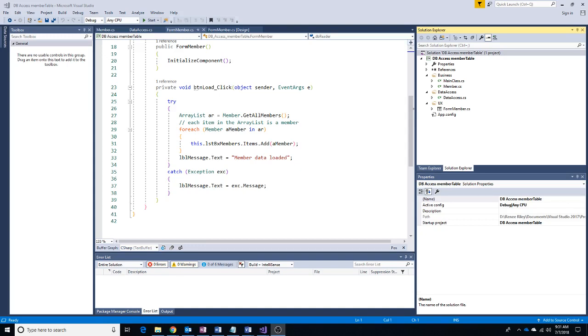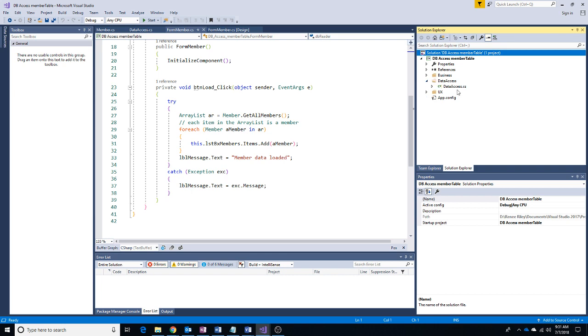Hi class, in this video we're going to convert our application to run on SQL Server. In the last video we set up our table on SQL Server and the table looks the same as it did on Microsoft Access, one of the great things about relational database management systems. We know the SQL syntax is the same also, so the main thing that we would have to change to make this application work on SQL Server is going to be in our data access layer,